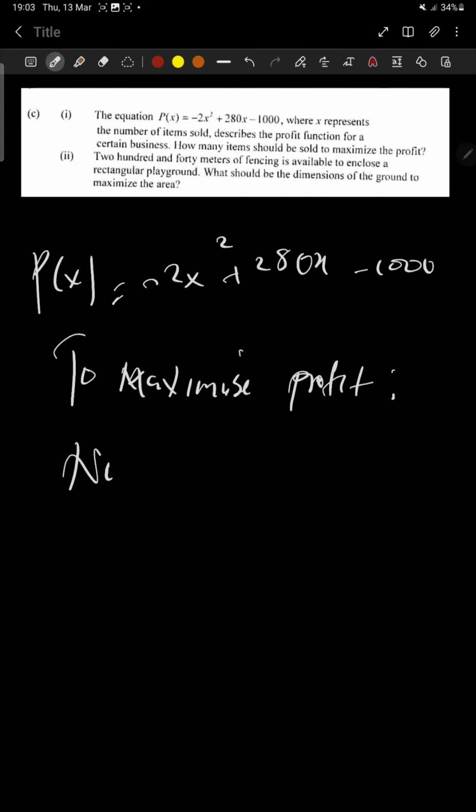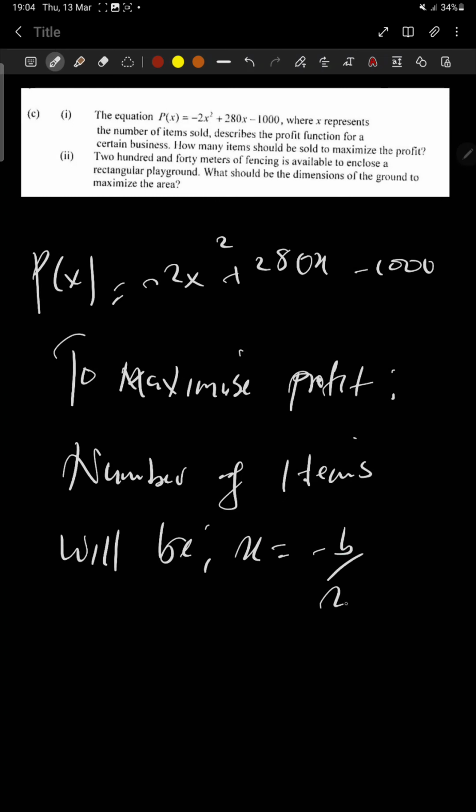To these questions, application of quadratic. So we have P of x is equal to negative 2x squared plus 280x minus 1000. Okay, the question is asking how many items are sold to maximize profit. So to maximize profit, the number of items will be